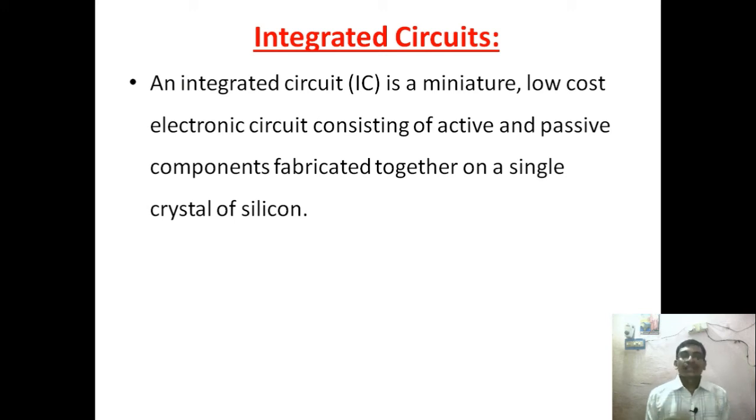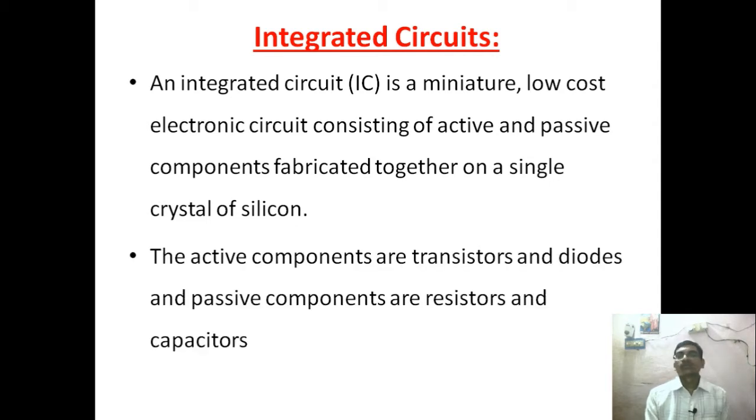So these integrated circuits have active components as well as passive components. What are the active components we have? Active components are transistors and diodes. When we go to the passive components, the resistors, capacitors, and inductors are called passive components.